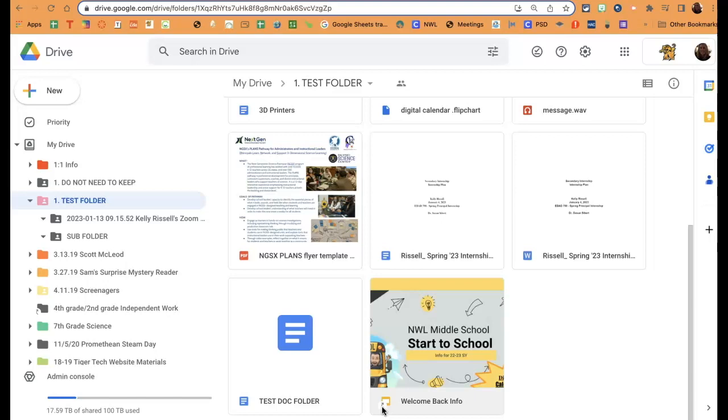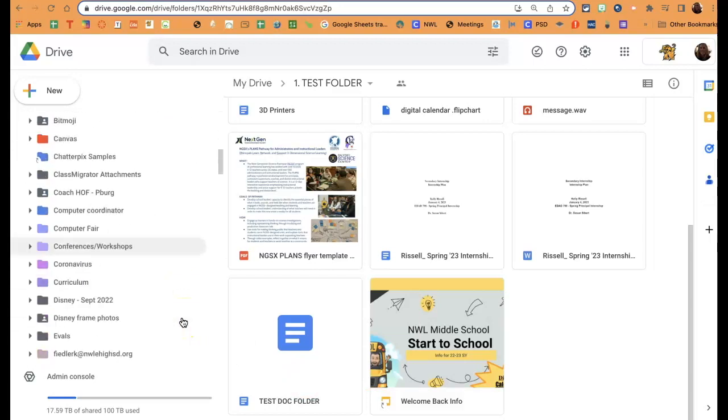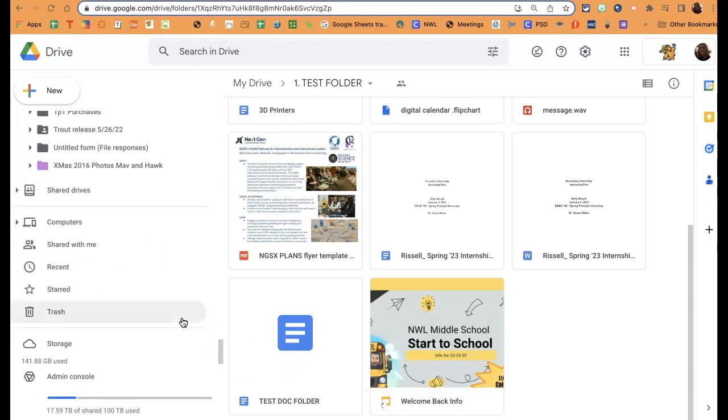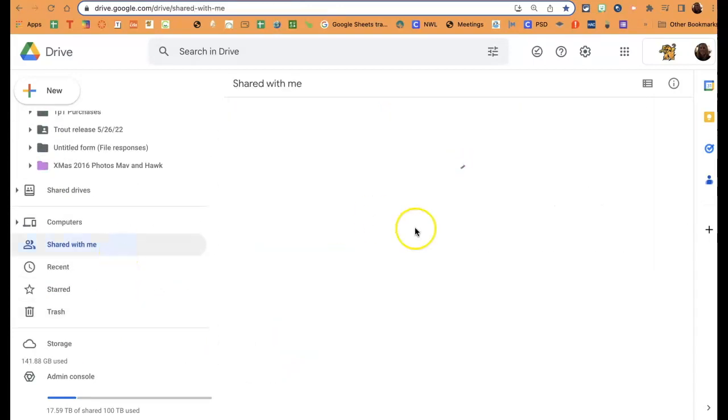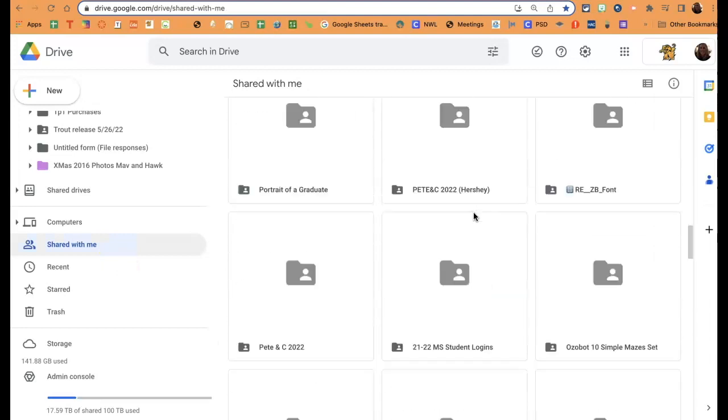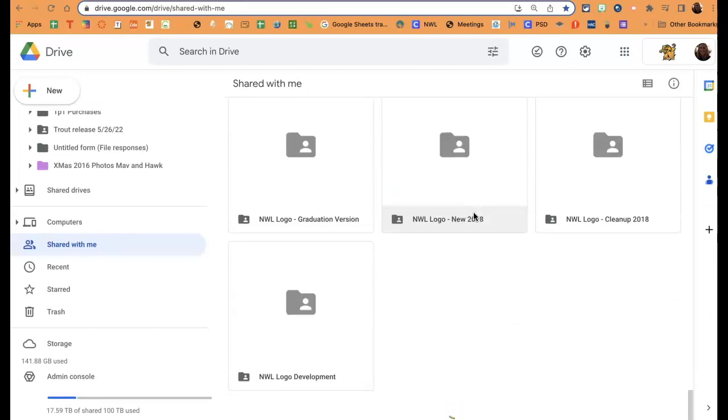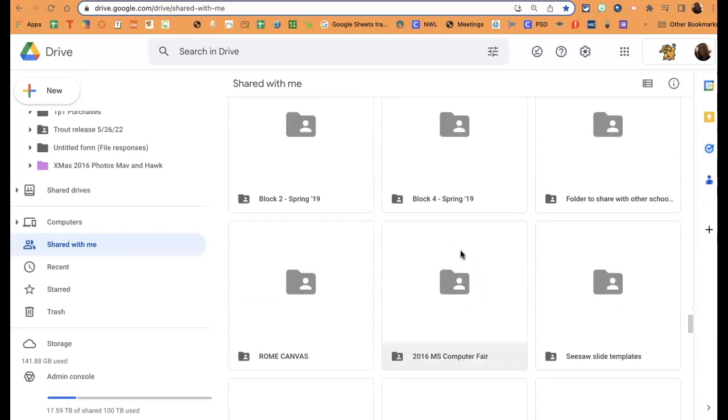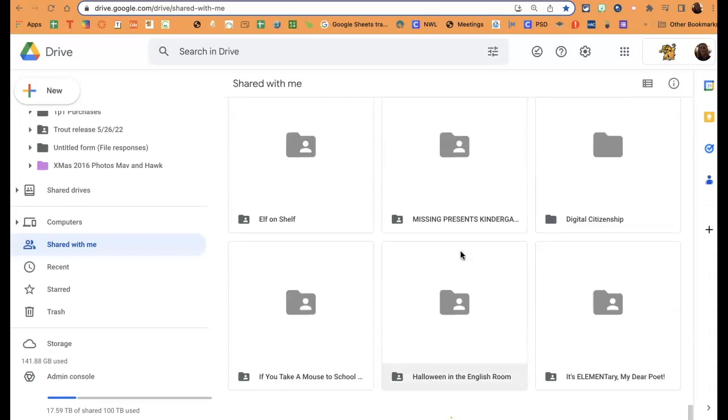The advantage to using shortcuts is that I'm still getting the most recent changes to a shortcut document. So whoever was the owner of that file in the Shared With Me, whenever they make changes to that Welcome Back slideshow, I will still see the most current version by opening up my shortcut in the folder where